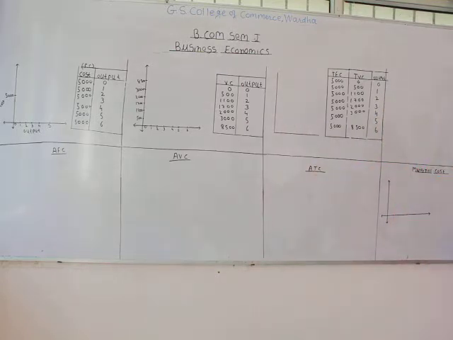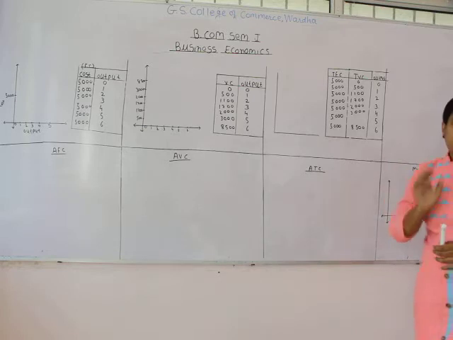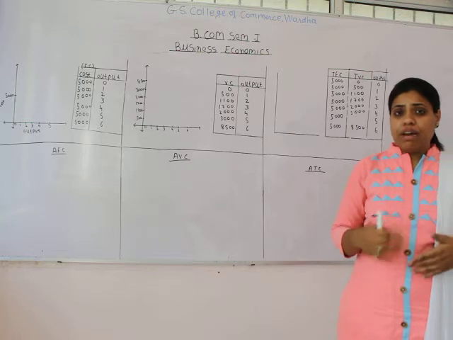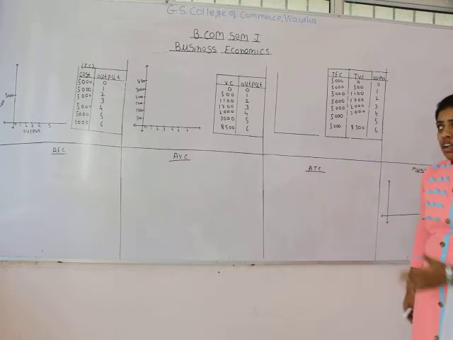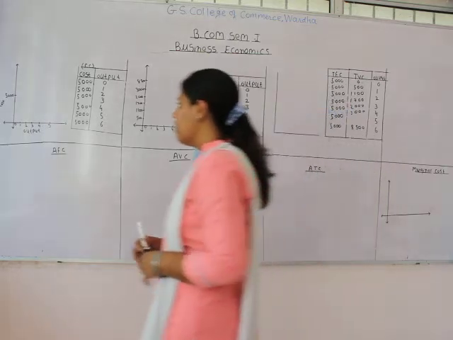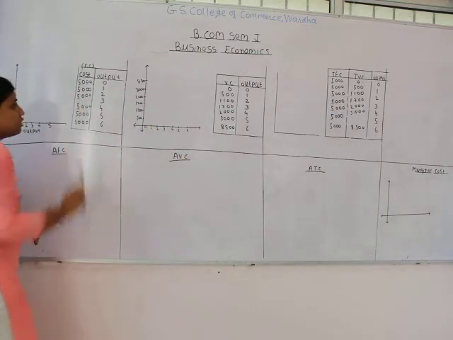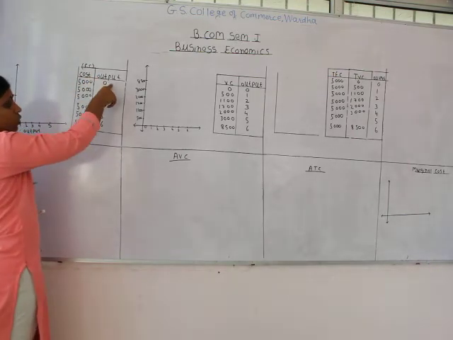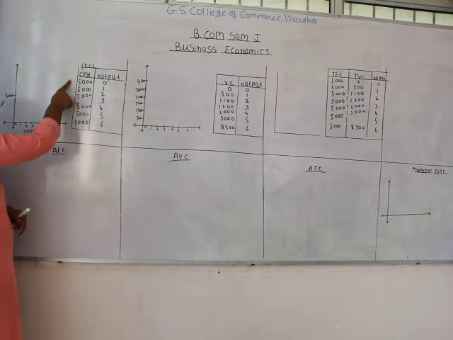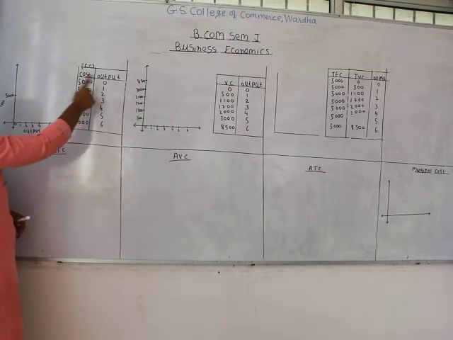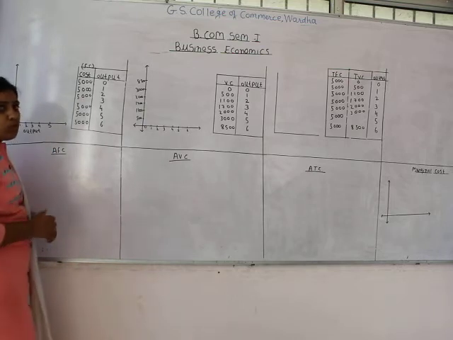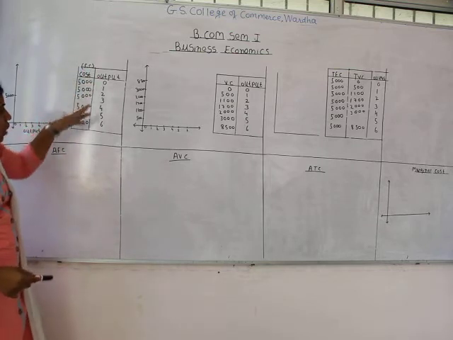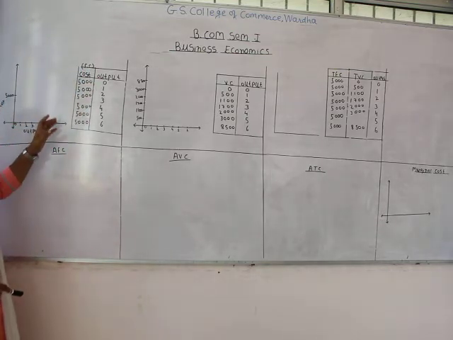Therefore, we say that fixed cost remains constant and it is not a function of output. It is not impacted by output up to a specific level. Like in our example, we have taken that fixed cost is 5,000 and output is increasing. At 0 output, fixed cost is 5,000. When output is 1, again it's 5,000. And when output is further increasing 2, 3, 4, 5, 6, at any level of output, you can see that fixed cost is rupees 5,000.